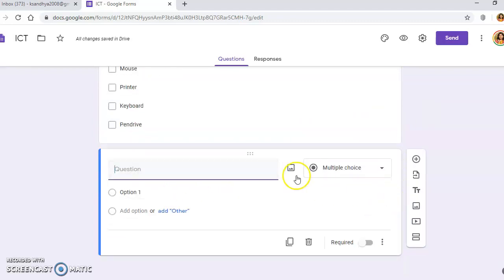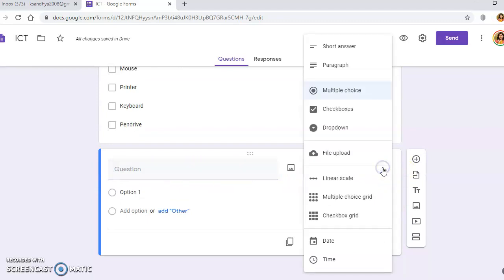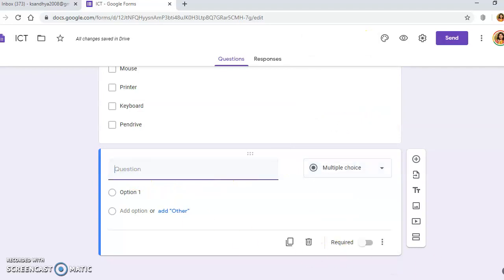Okay, so let us see another kind of question. For example, I want a drop down menu. Okay, so what is the full form of ICT?